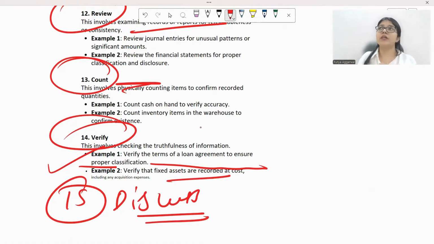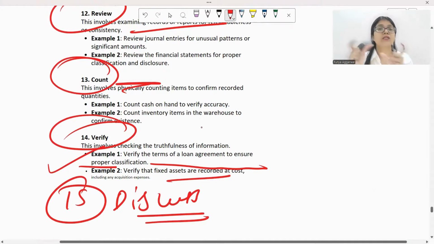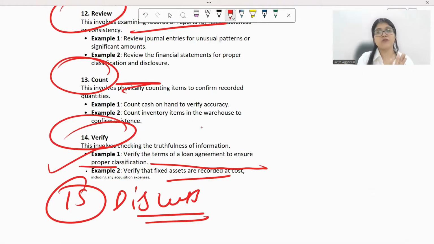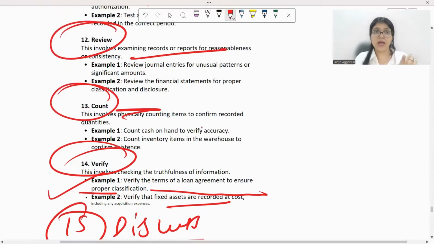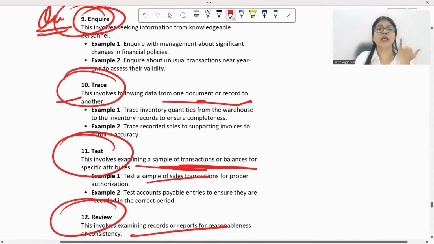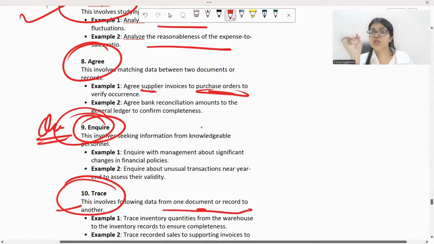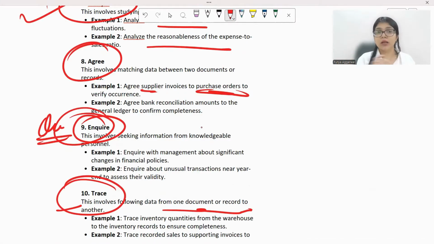If, for example, they change the method, so you can also discuss. So I am not saying कि एक scenario का, for example, I told that there was a change from your straight line method to WDV method in depreciation. So you can do a lot of things with it. You can discuss the reason why did they change the method from one to another. You can do that. Then what else can we do? We can also inquire from them with a questioning mind कि क्यों करा ये, what is the reason behind it, what is, maybe from a third party we inquire the same, right?